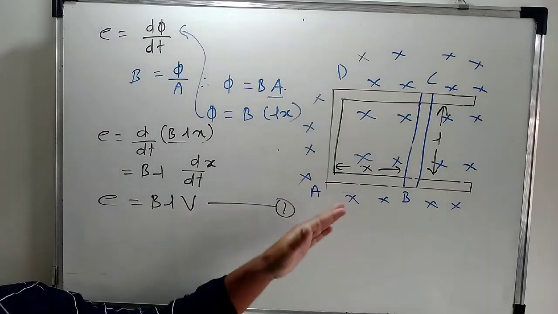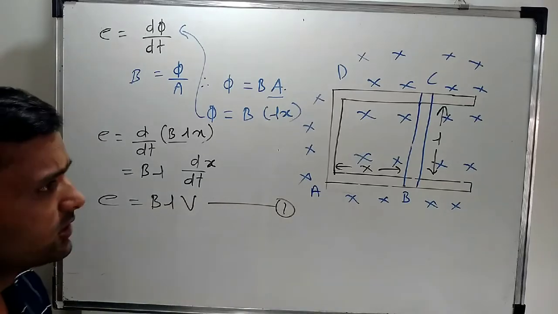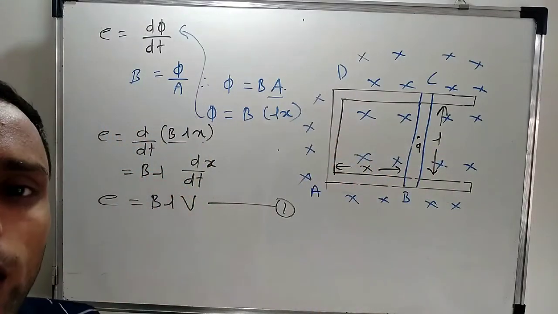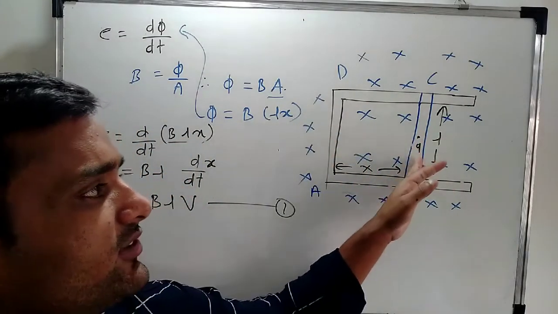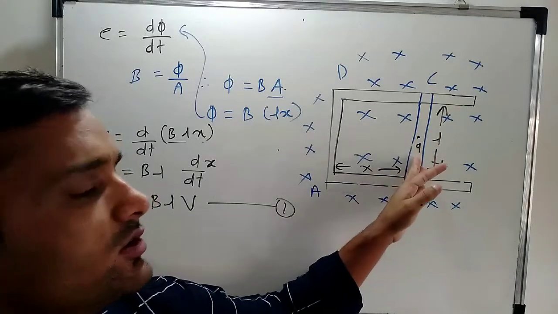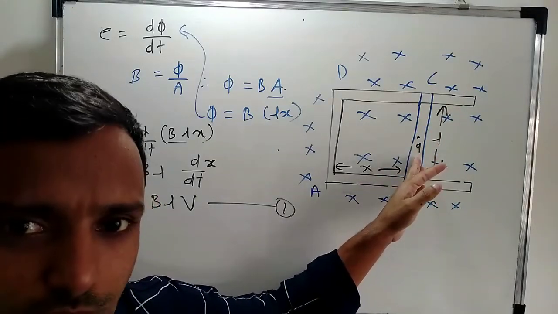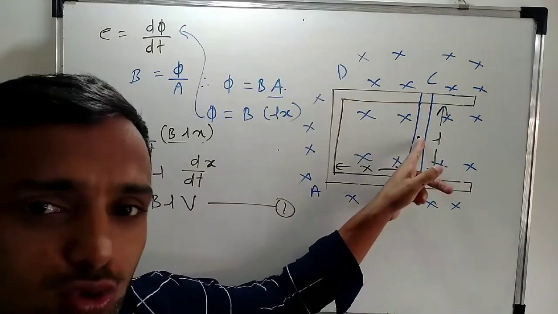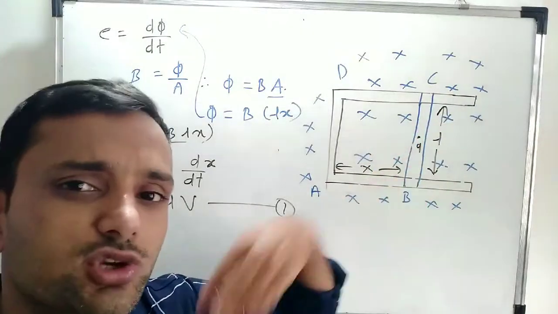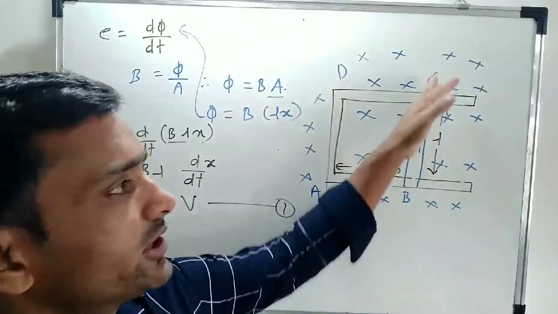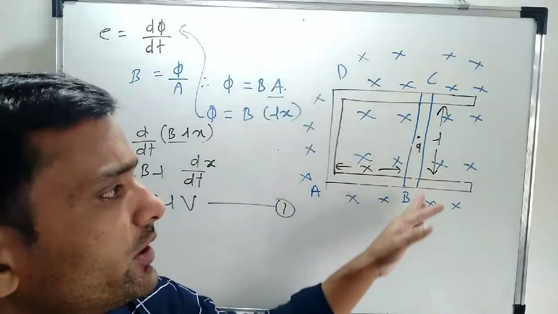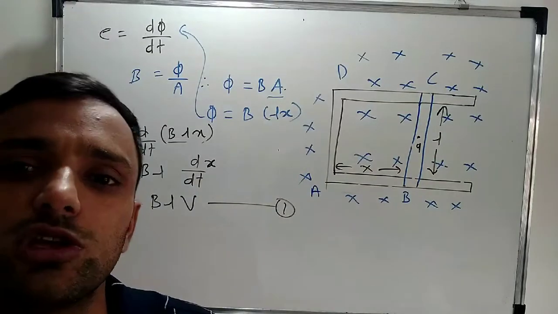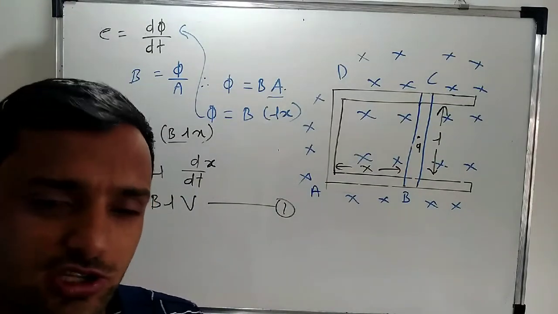Now the derivation is half done. What about the second part? In that case, we consider one charge, Q. As you change the magnetic flux across the length BC, it produces the induced EMF. It means it produces a current. That current is due to the charge Q. When current flows, charge Q also flows from one end to the other, moving along BC from C to B, B to C. Continuously this charge is moving in the side BC because current is produced.